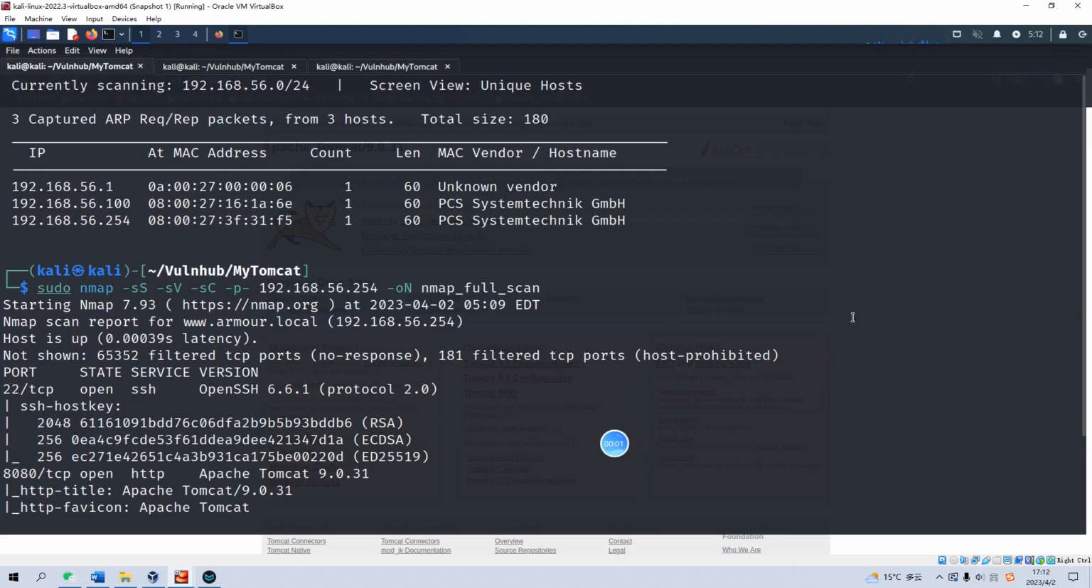Okay, today I'd like to continue our series of Vulnhub. The box is MyTomcat host. To save time, I have already imported it into VirtualBox. The IP address has been identified as